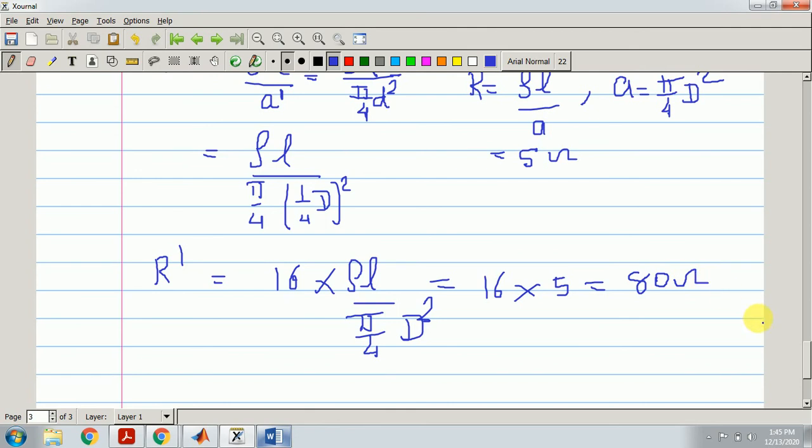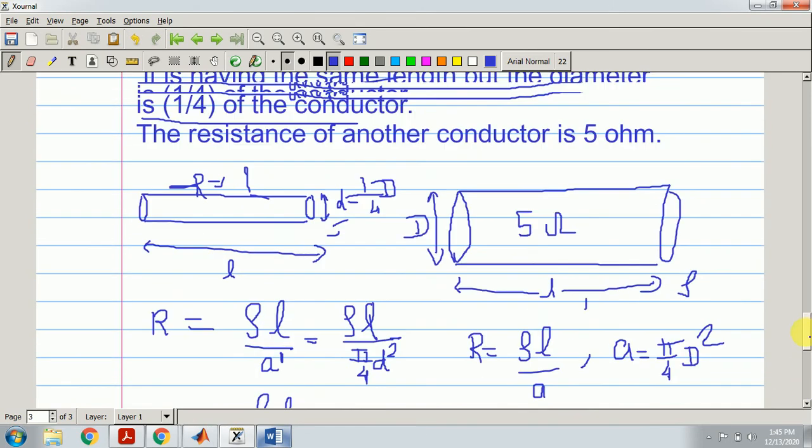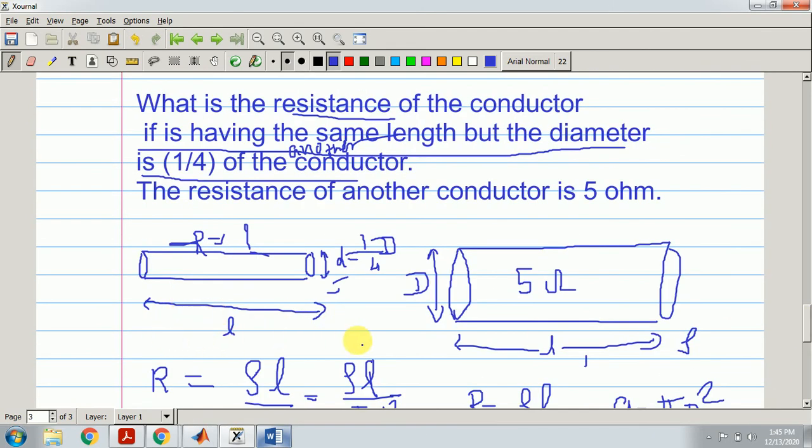So see, this is how you can compare them and find the relation, and from that you can find the unknown value of resistance if you have some matching of physical parameter. Like in that case there is a matching of the length, right? So the length is the same. You have compared that the unknown resistor has 1/4 of the dia of the known resistor, and from that you can derive the value of the unknown resistor.